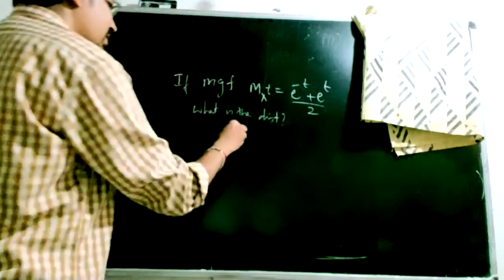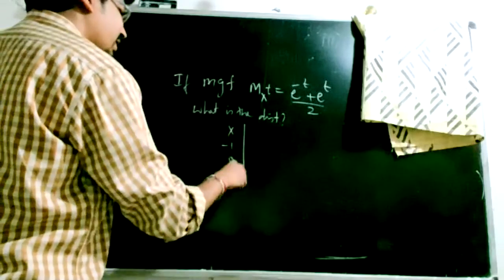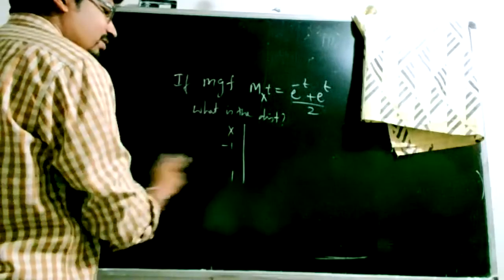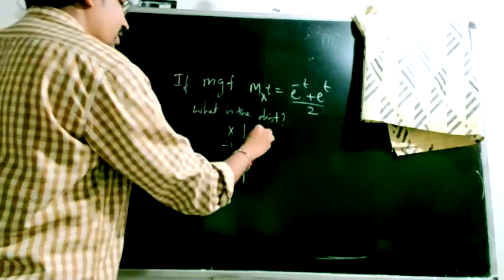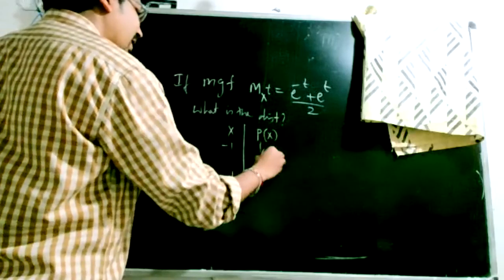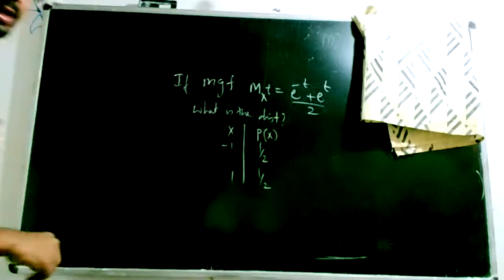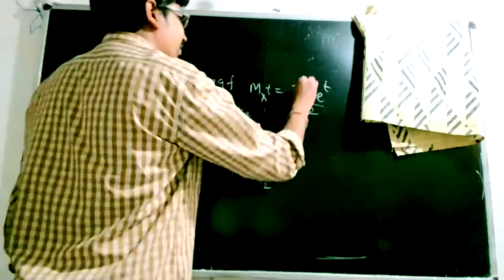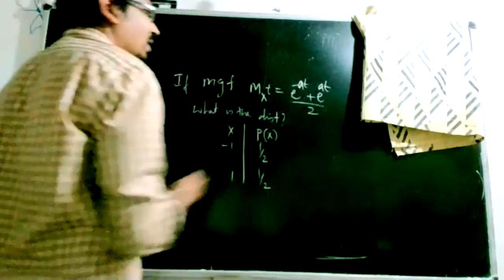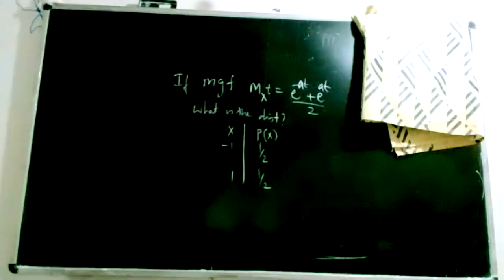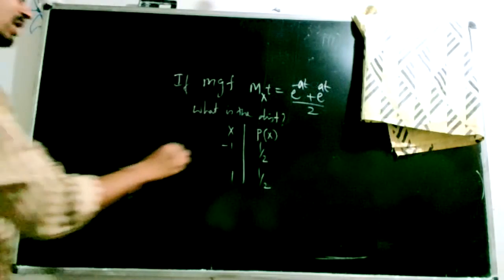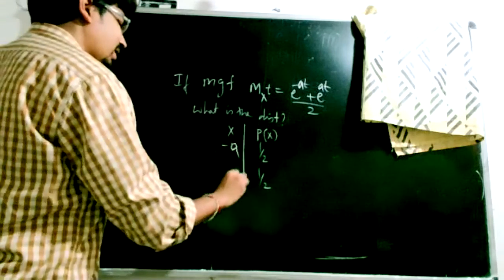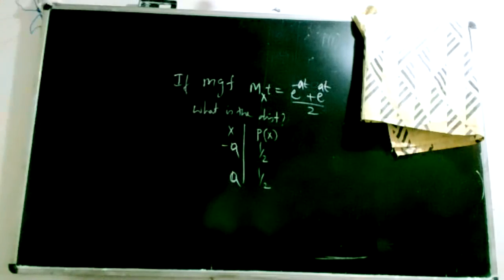Then the answer is the distribution is x equals minus 1, you could leave out 0, skip 0, minus 1 and plus 1 with probability half and half. So in general, if I say I have the MGF as e power at and e power minus at divided by 2, then my random variable x is taking two values minus a and plus a with